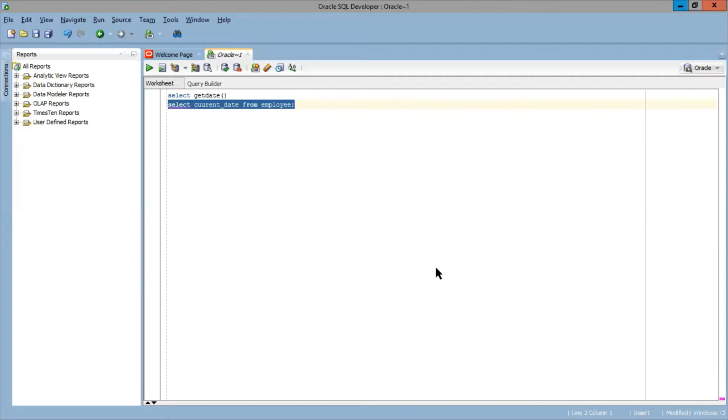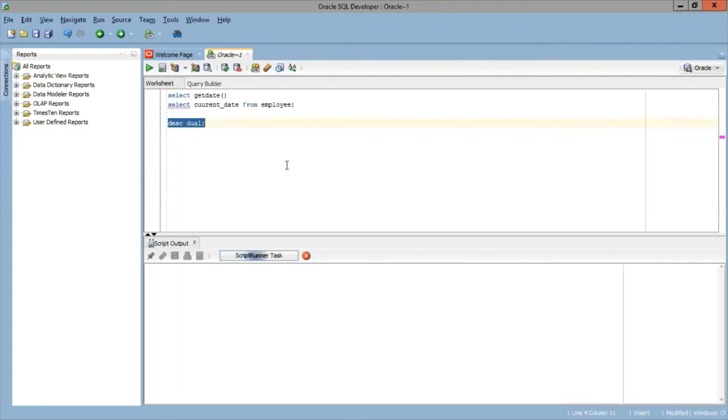Let me show you that. Now apply describe on the dual table and see what it returns. See, the column name is dummy and the data type is varchar2(1). And what do we have in the table?